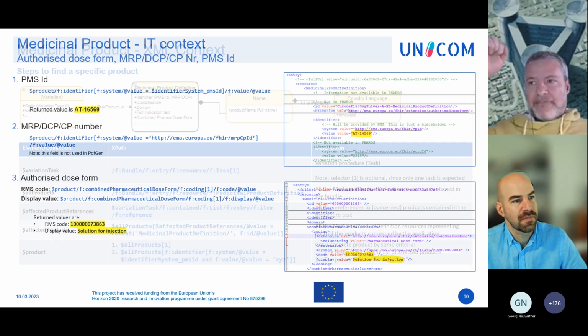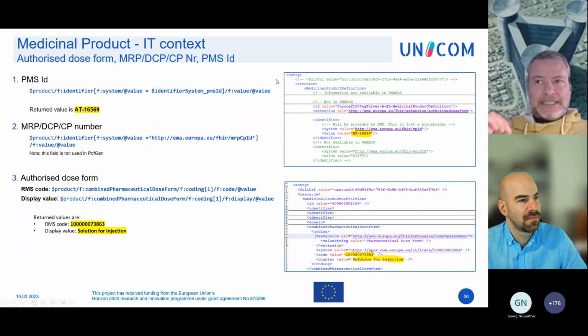So after having made all these steps in product, we will have a concrete product resource. And finally, we can query it to obtain what we want. That is PMS ID. We would use the first query.